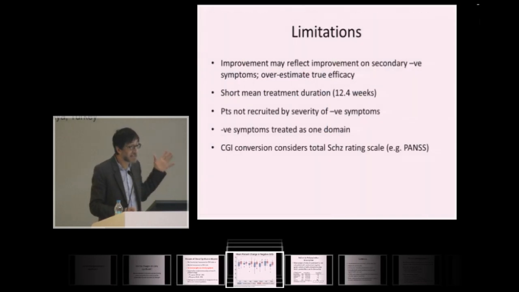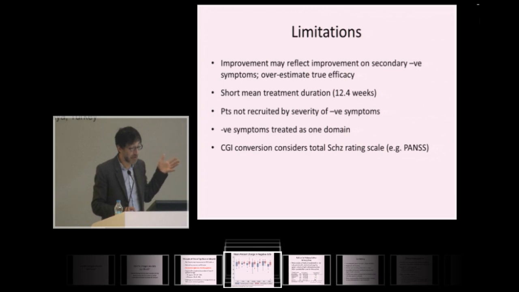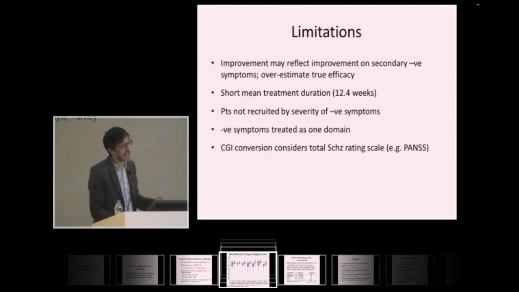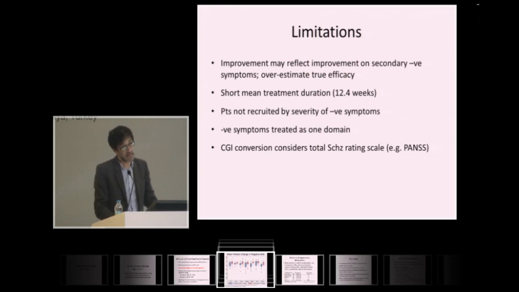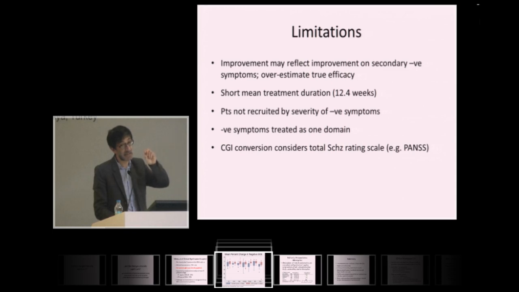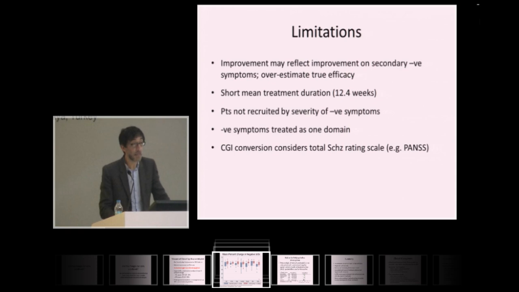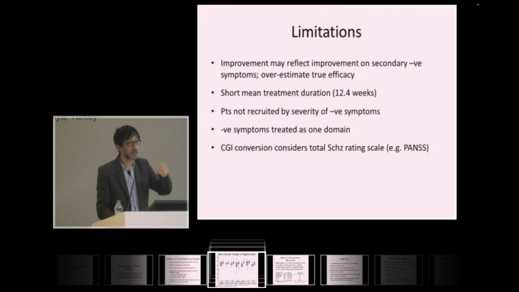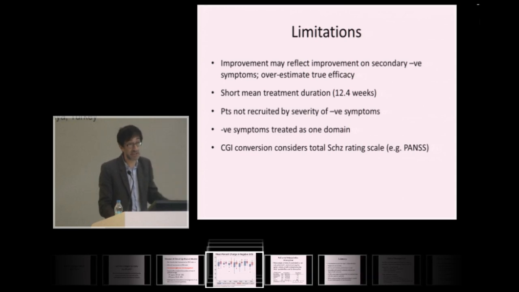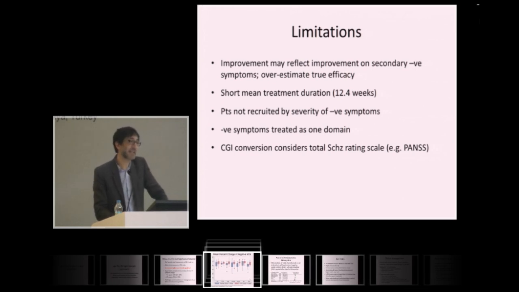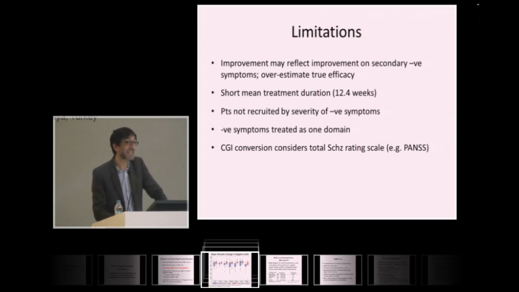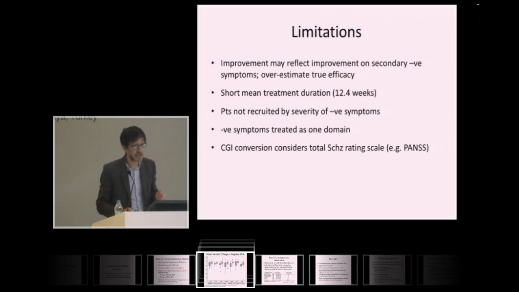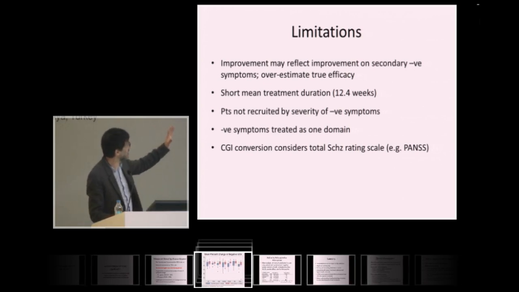Now, there are some limitations of the analysis I've shown you. Firstly, you could argue the data I've shown you is over-optimistic. I showed you there was a statistically significant improvement over placebo, but it could be that the improvement you're seeing is simply through treating depressive symptoms, social anxiety symptoms and psychotic symptoms. So if you want to take a very negative view, you could say the drugs are even less effective than I've told you. If you wanted to take a more optimistic view, you could say the studies were short-term.